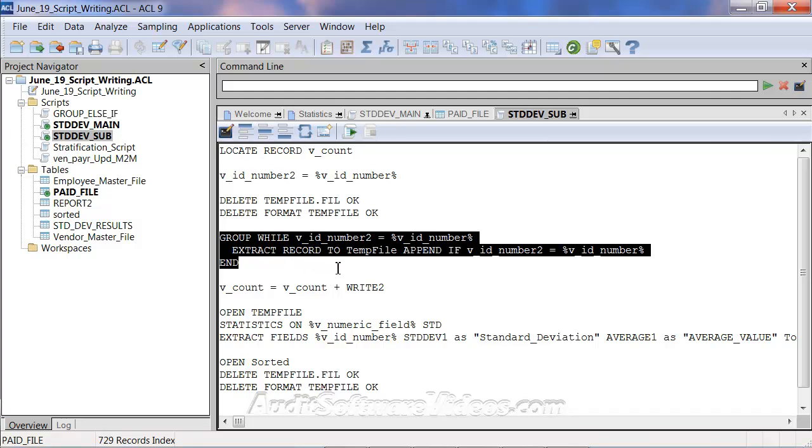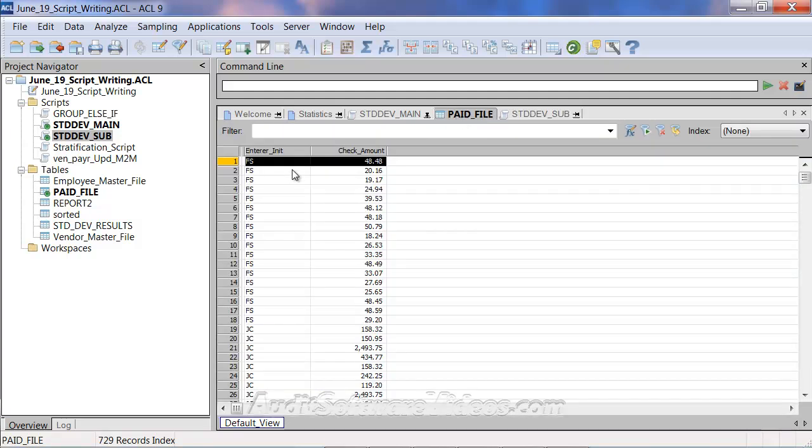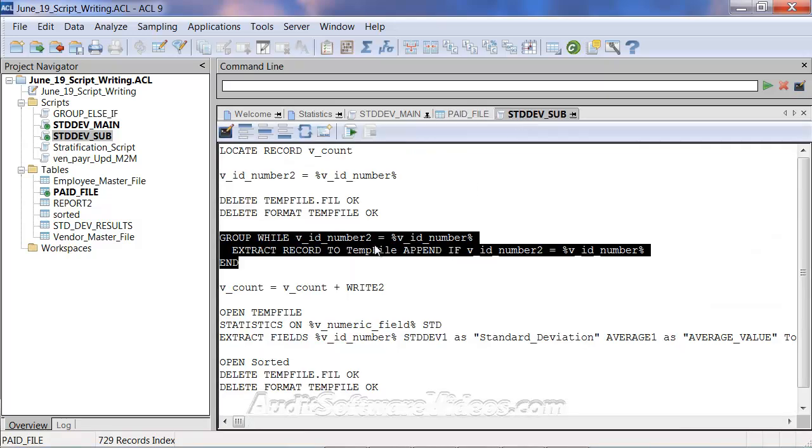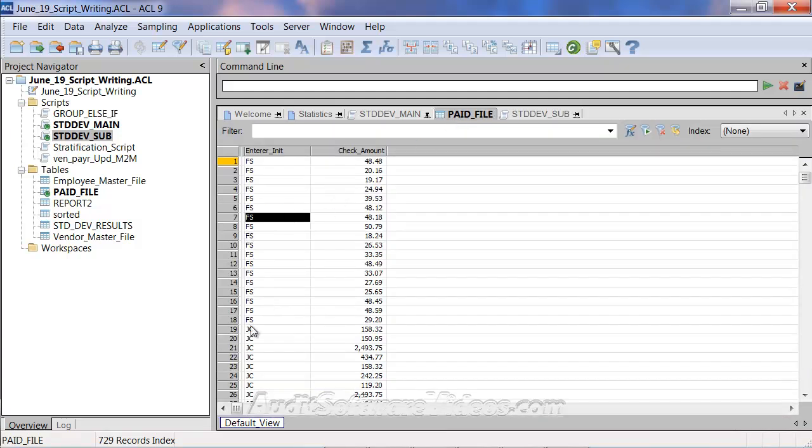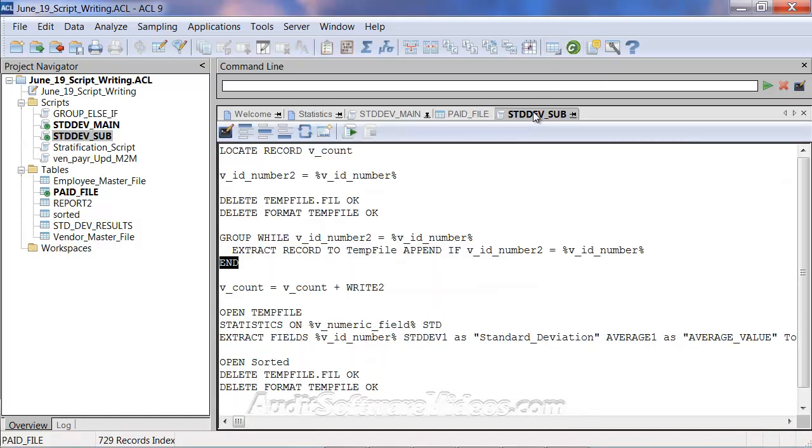So we're going to extract the record. It's going to go through record by record, each one of these, as long as the vID number 2 equals FS. And as it does, it's just going to keep going and going. When it does not equal FS, it's going to end. So it keeps going. Just imagine what it's doing. It's keeping on going here, keeping on going. And then when it hits this point, it's now going to go to JC. At the point of JC, I now have a temp file that is equal to all of the FS items